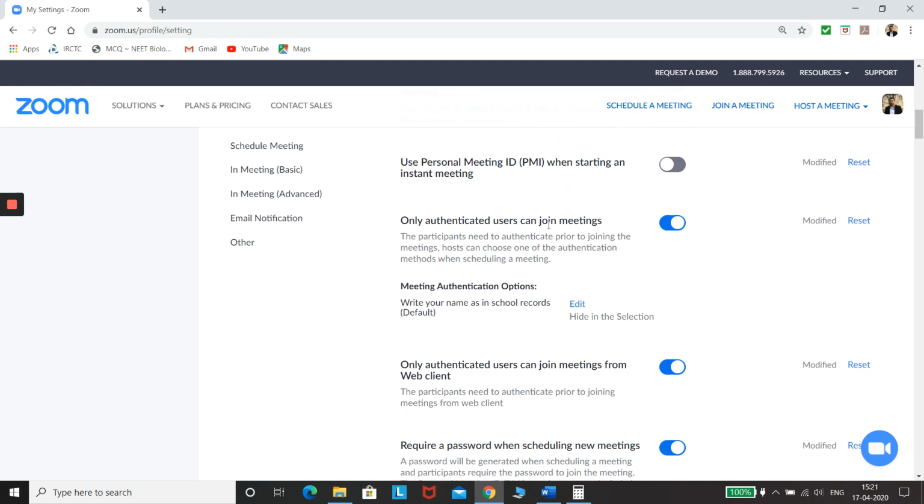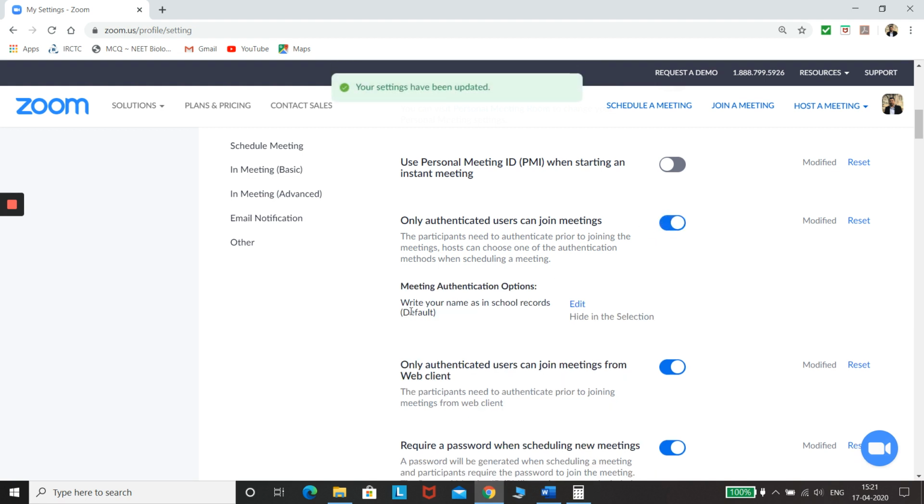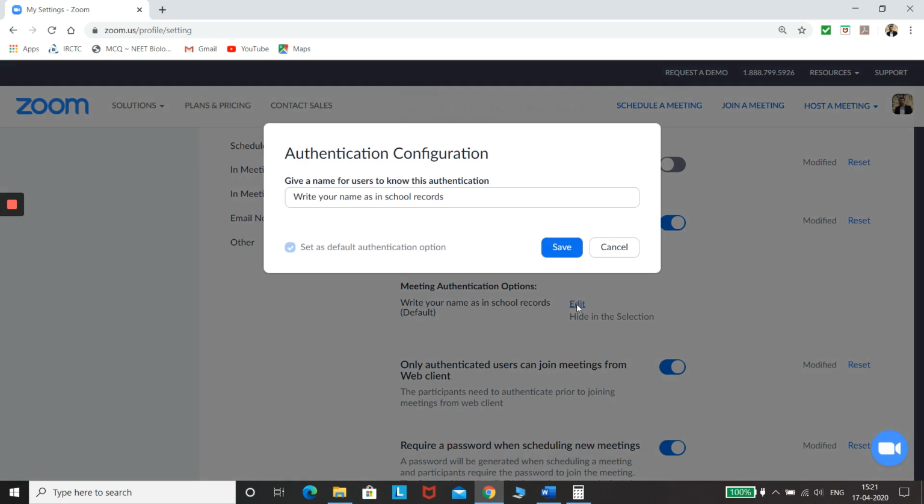Only authenticated users can join meeting. Now this one, you can keep it switched off, then anyone can join the meeting. But if you keep it switched on, then there is an option here that comes. Normally it comes as sign in to Zoom. If you edit, then you can write here, write your name as in school records, and then save.